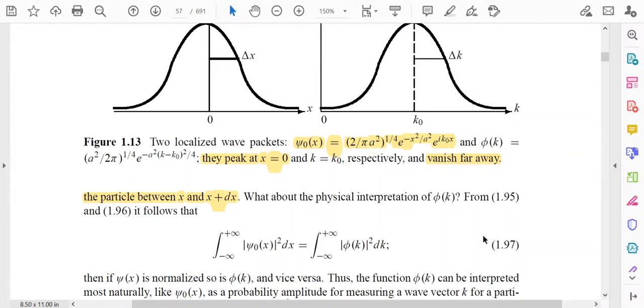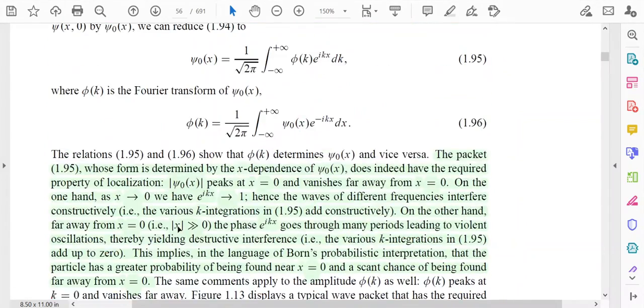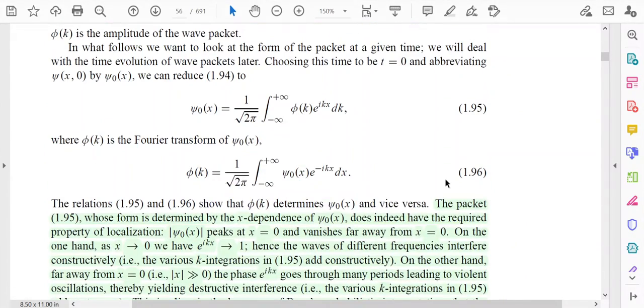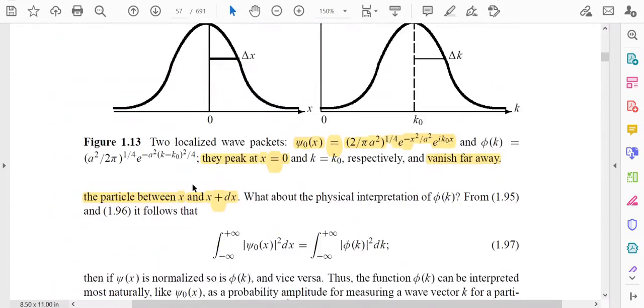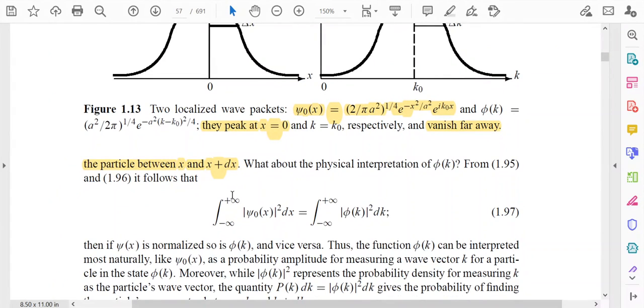Now, from equations 1.95 and 1.96, where we have described the mathematical expressions for psi0x and phi k, we can again see those equations. And from these equations, if we take the mod values of psi0x and the mod values of phi k, then we can easily show that the integral from minus infinity to plus infinity